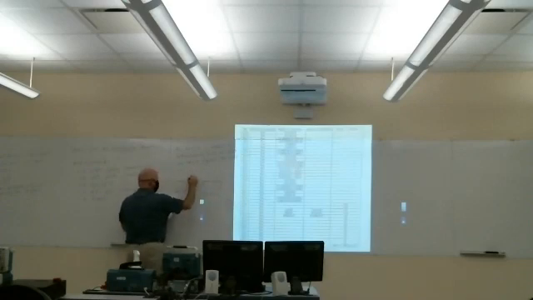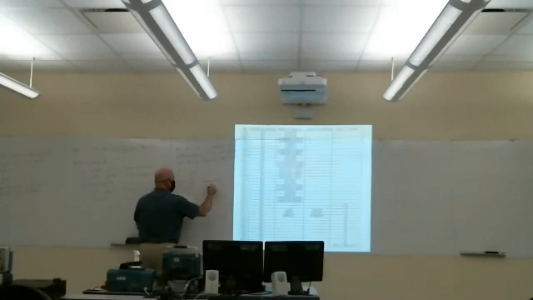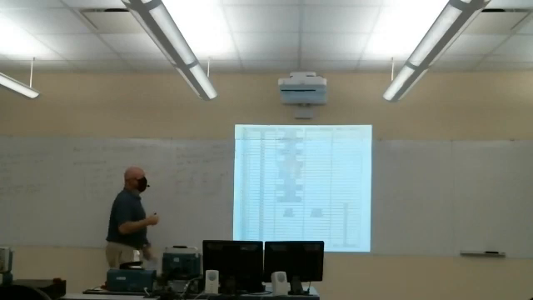And then each one of these registers is an 8-bit register. So PX.7 down to PX.0. So each one of these pins,